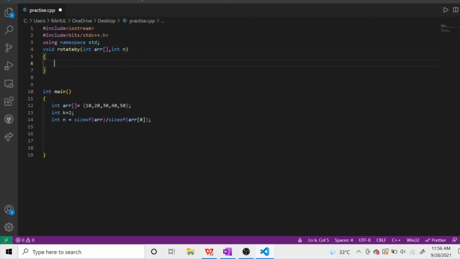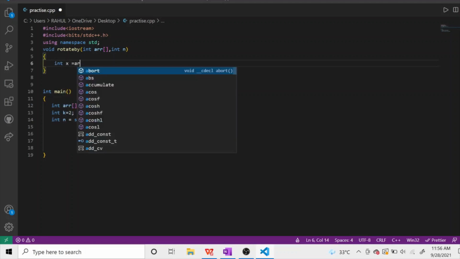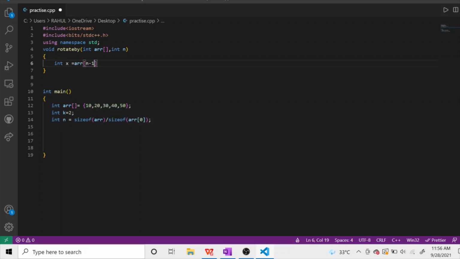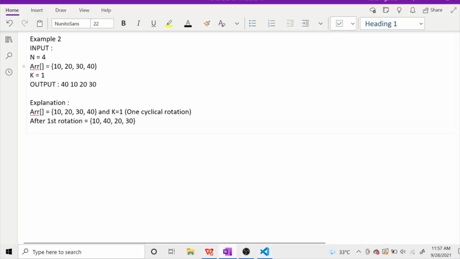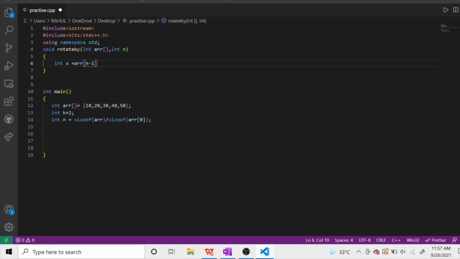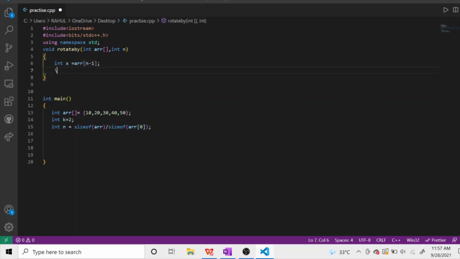Okay, so first of all we will create a variable x, and in that variable we will store the last element, because we know that we have to take the last element to the first position. This 40 should come here in one cycle. Okay, so that is why we are storing the last element, and after that we will